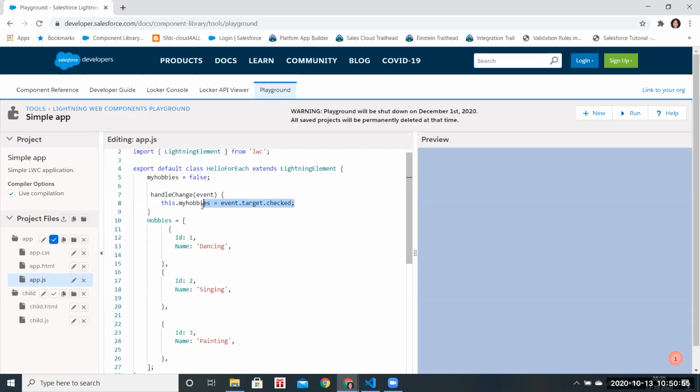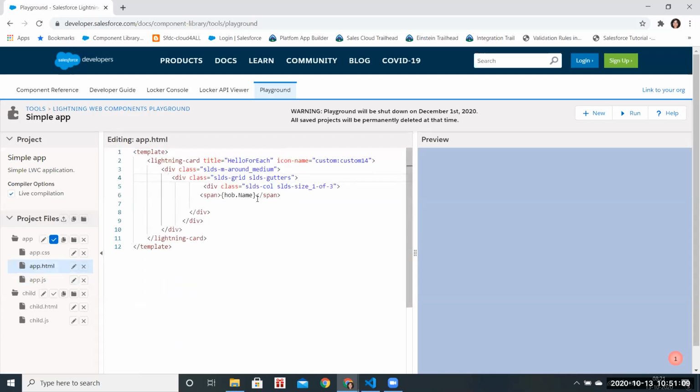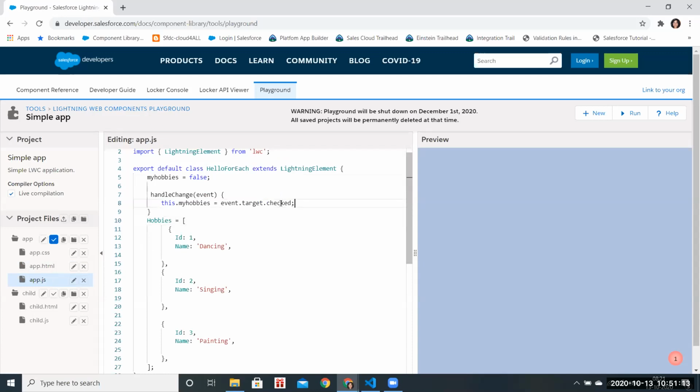If we take that data binding we used to do, right? Exactly, yes. Take that and pull it here in the HTML, on the 6th line. The data binding. This hobbies is not needed.